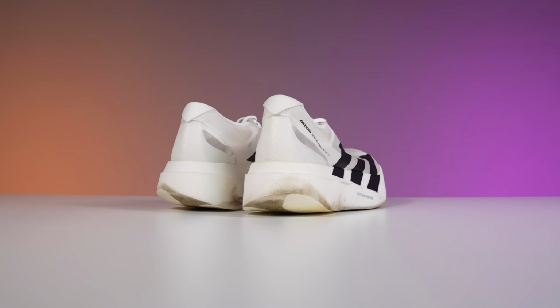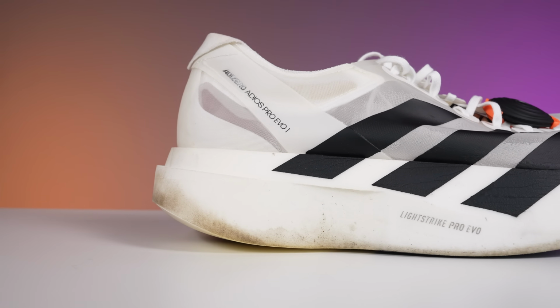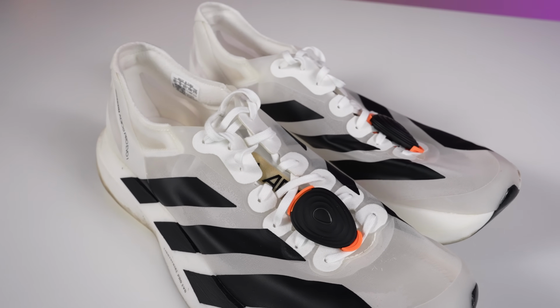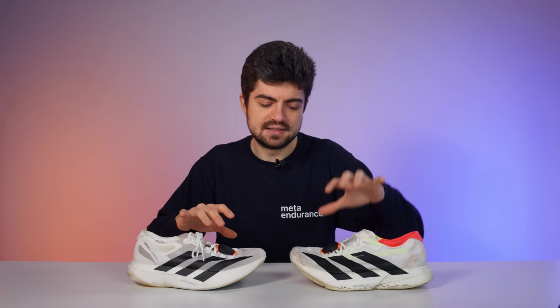But that's pretty much it. There is a bit of padding around the heel. There is also that very funky heel tab. There's a slight padding, which I think is almost the same. I would say a bit less, to be honest, on the Adios Pro EVO 1 here on top of the tongue, preventing some lacing pressure. And overall, I would say something that would compete really well against many shoes, but just feels less comfortable than